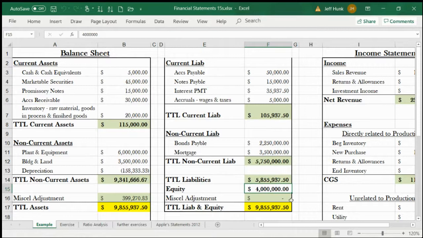Equity is 4 million, right? So together, it's going to be 9.855 million, right? That's basically why the assets should be equal to the asset side, because they have to balance out, right? Now, let's think about the